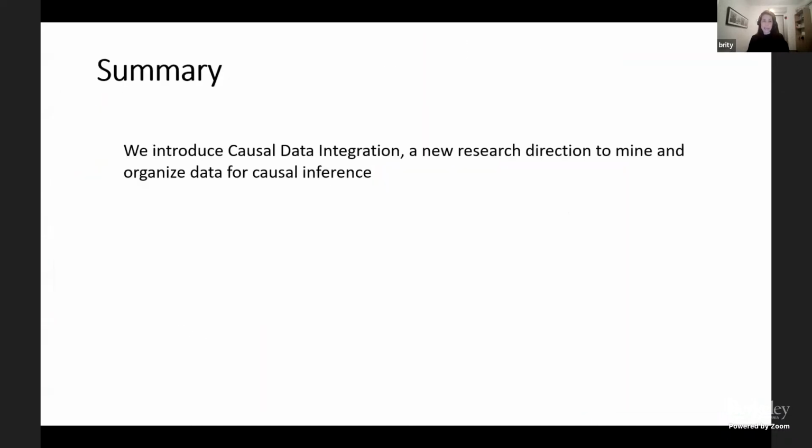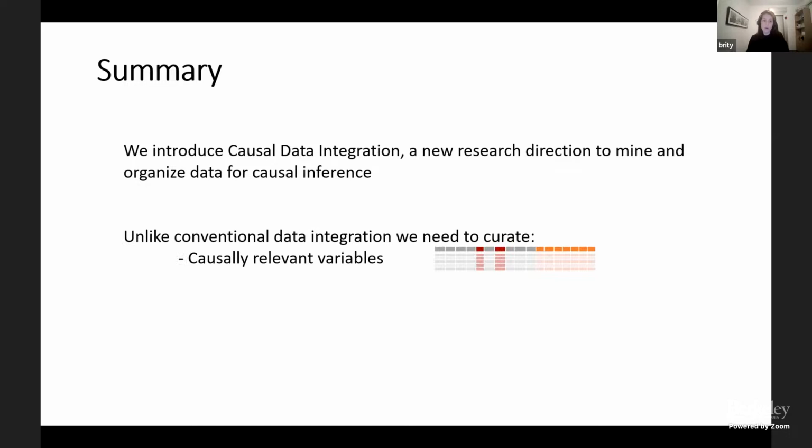So to summarize, in this talk, I introduced causal data integration, which is a new research direction to mine and organize data for causal inference. Unlike conventional data integration, we need to curate only causally relevant variables, not any correlated variable, as we showed, not any correlated variable is relevant here. And also, we want to make sure that the end causal DAG will be interpretable and concise to enable a